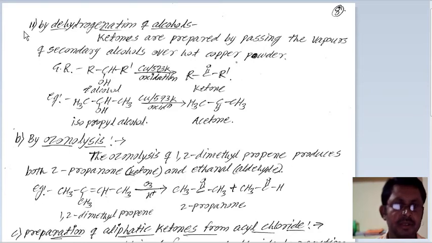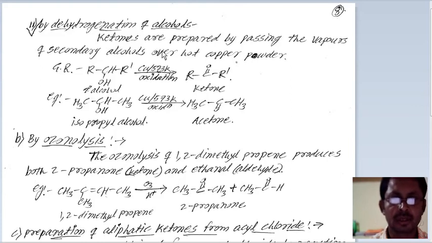The second method is dehydrogenation of alcohols. We are preparing ketones from alcohols by dehydrogenation, that means removal of hydrogen atoms. Removal of hydrogen atoms is also known as oxidation. Oxidation means addition of oxygen or removal of hydrogen atoms. See here,